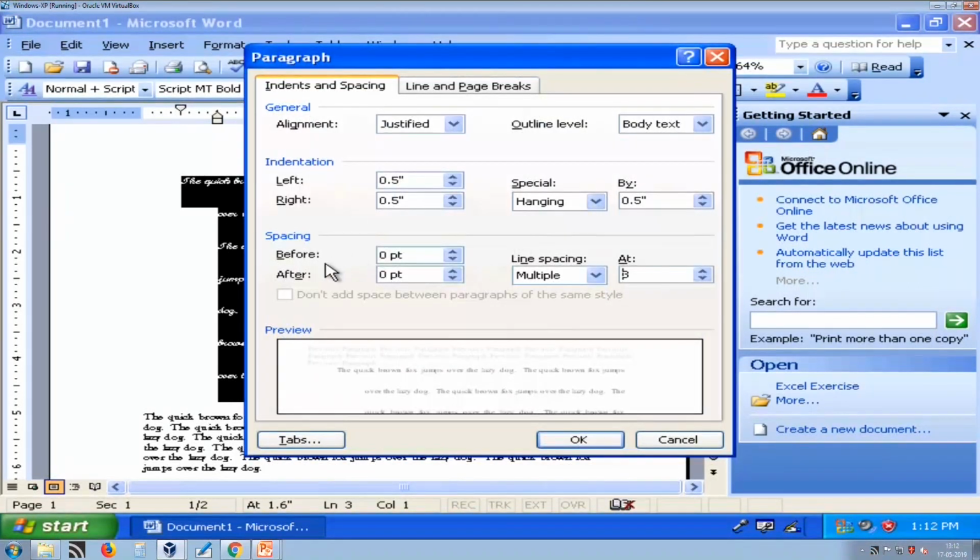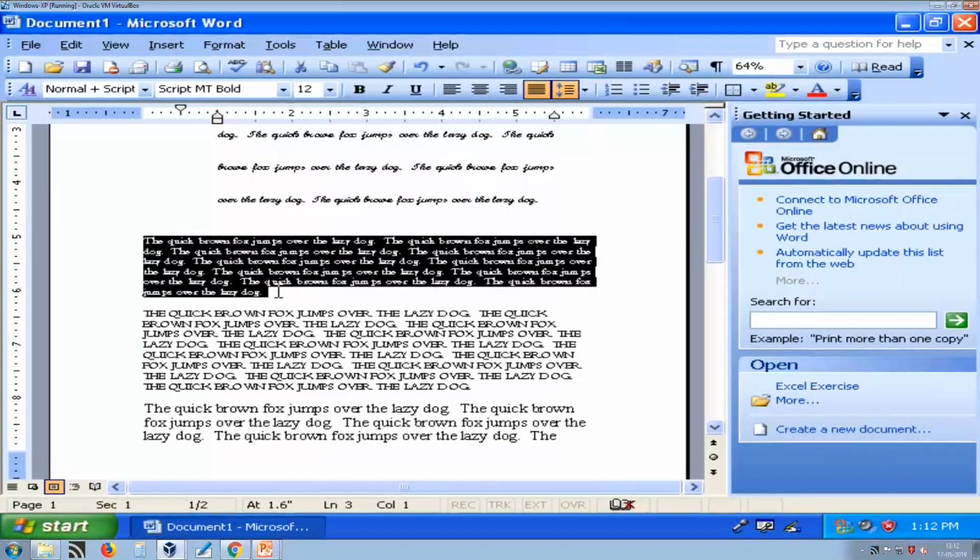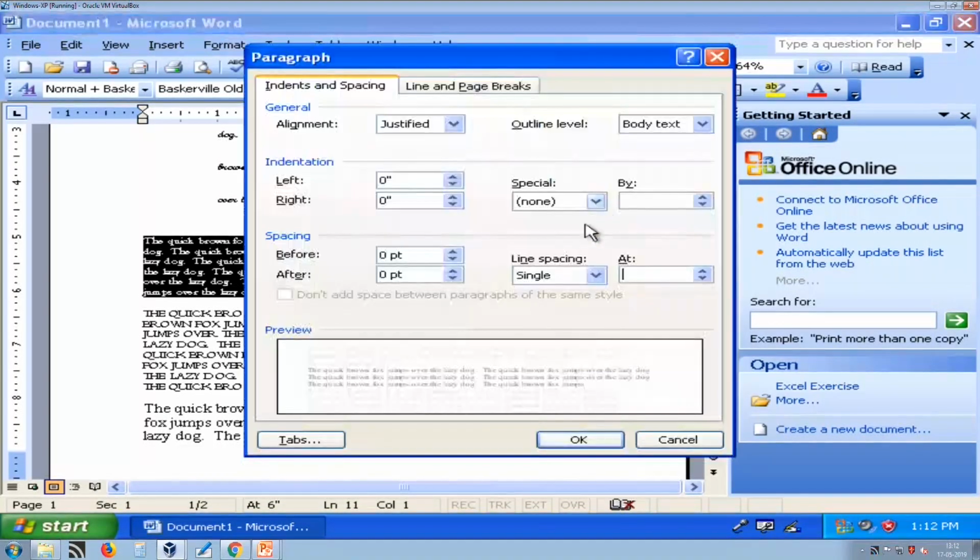Now here you can also decide how to apply space between paragraphs. For that you have to select text, go to more. Here I am leaving space. You can see in the preview also how it will affect your paragraph text.